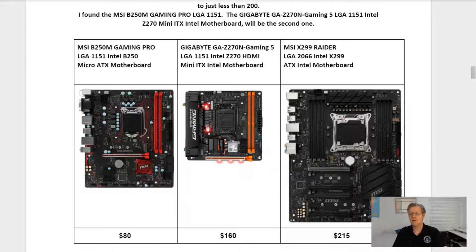Some things that you might notice is that this one takes 128 gigs of RAM possible. You could upgrade to that with these 8 memory slots. You have more than one PCI Express X16 slot. In fact, it looks like you have 4 of them there. So you can put in 2 or 3 video cards. And you also have multiple M.2 slots for extra storage options.